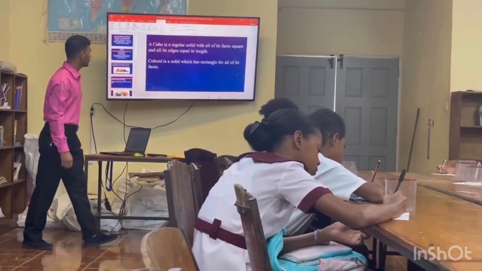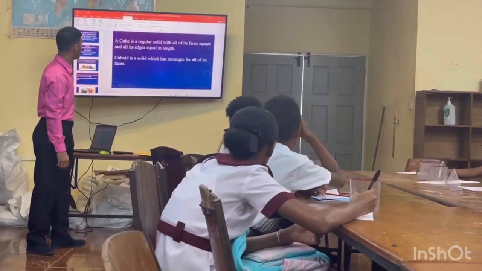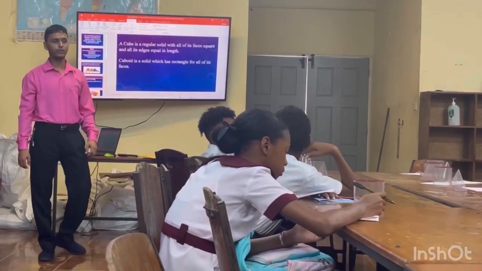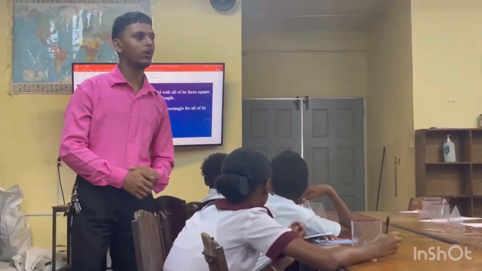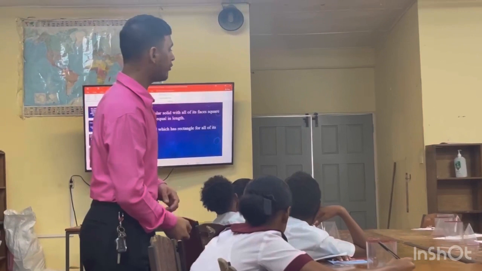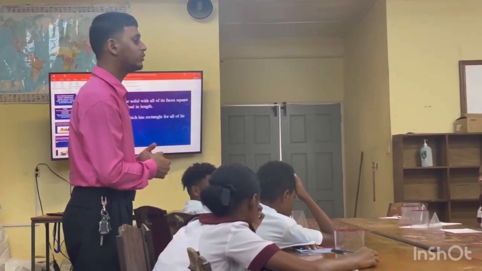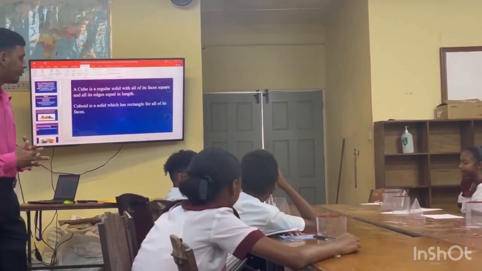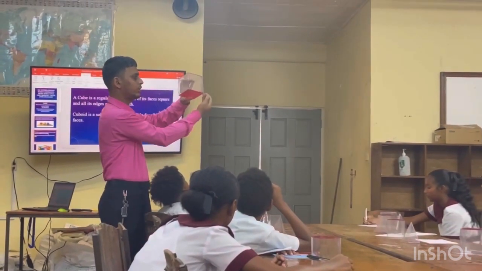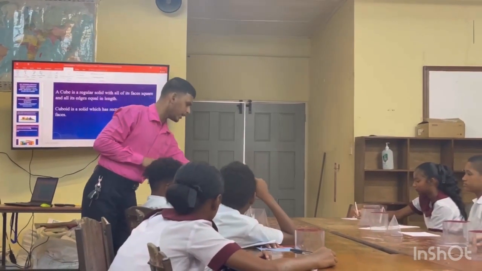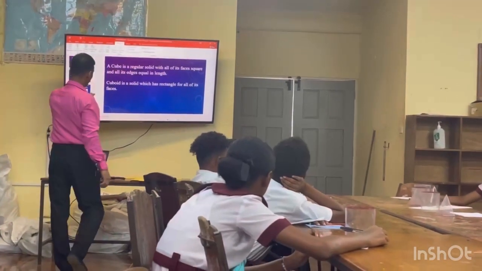See, a cube is a regular solid with all of its faces square and all of its edges equal in length. So if I give you, for instance, the length of a cube side as 2 cm, all the other sides will be 2 cm. All the faces are squares, right? 1, 2, 3, 4, and so on, right? But we're going to look at that in detail in a few minutes. Cuboid now, on the other hand,